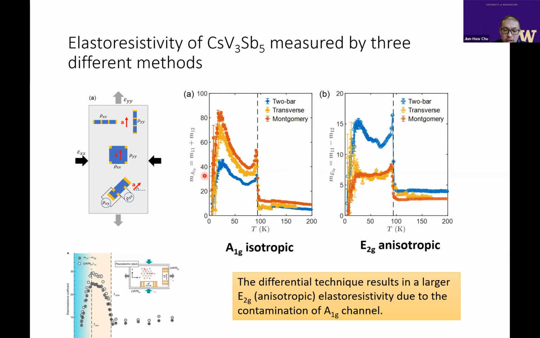Whereas if you're using a differential technique, then you're getting a strong E2G response with a temperature dependence similar to the A1G response. And this is because this is really coming from contamination or leakage from the A1G channel. Okay, so